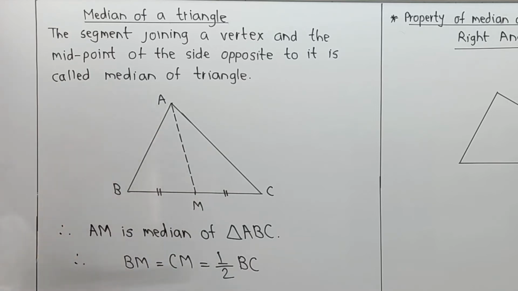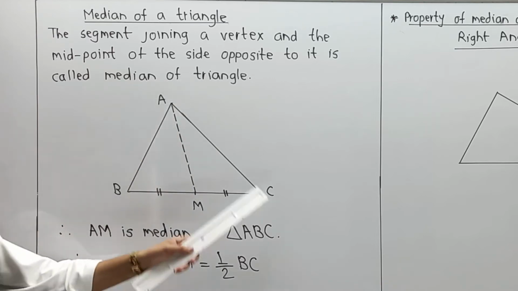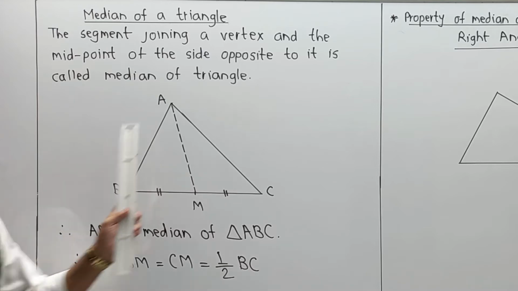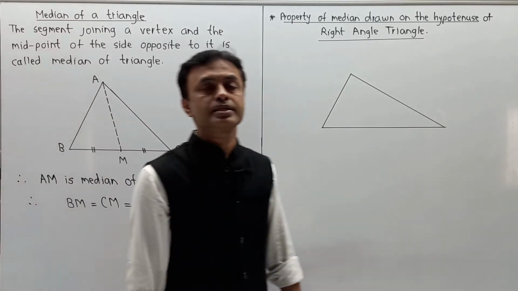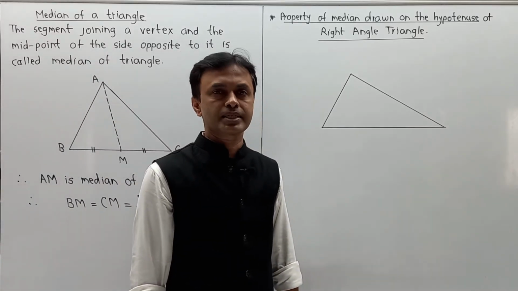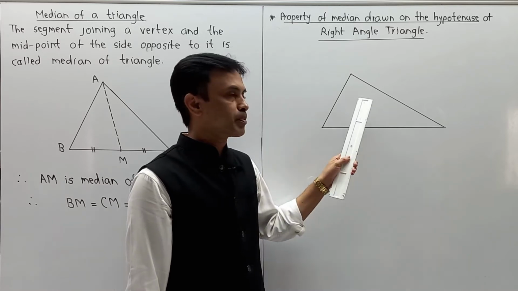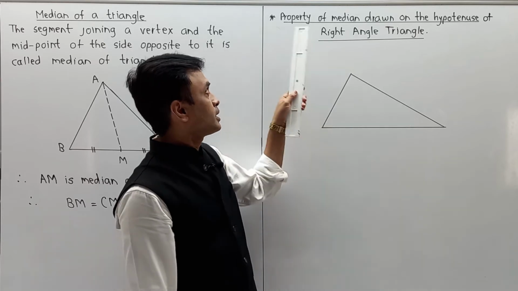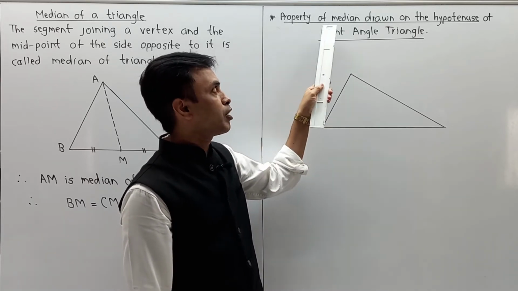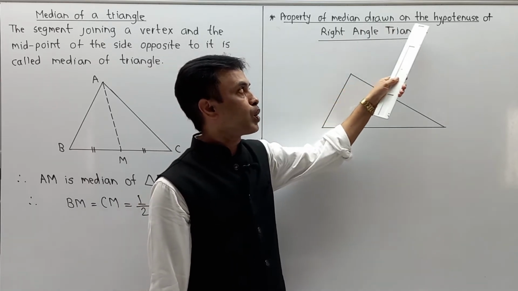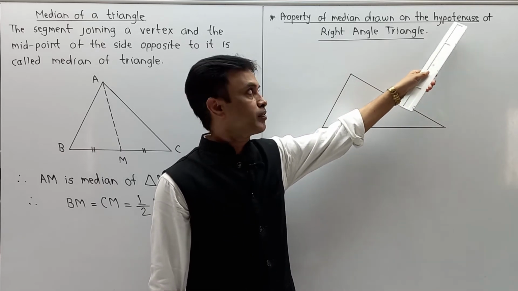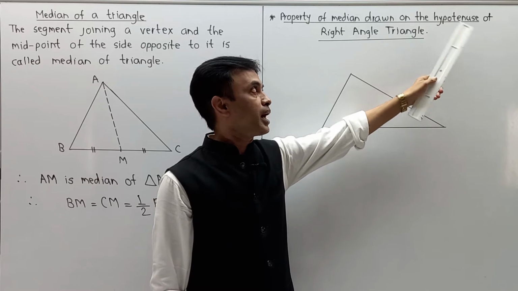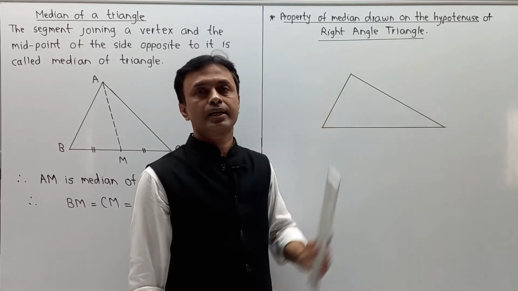Now this is nothing but a general case, means your given triangle is a normal or regular type of triangle, means it is not specific. In the second category, we are trying to understand some specific part. Now what exactly is meant by specific part? Here some property is slightly modified. What is exactly that? This property is called the property of median drawn on the hypotenuse. If the word hypotenuse comes, it means it is a right angle triangle. On the hypotenuse of a right angle triangle.